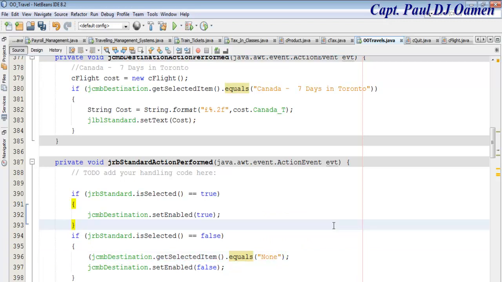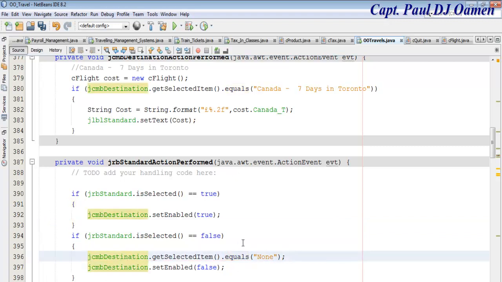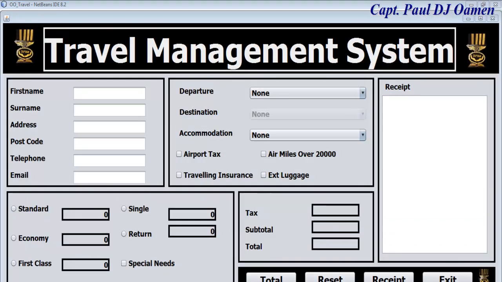Alright, let's run it. Get rid of this. Select, and if we uncheck, check, you see that, uncheck, check, select an item, uncheck. Okay, when it's unchecked, we want that back, and this should be cleared as well. We need to find a way to get this back to none. So if I click on that and uncheck, this should be cleared and this should come back to none. So let's exit,